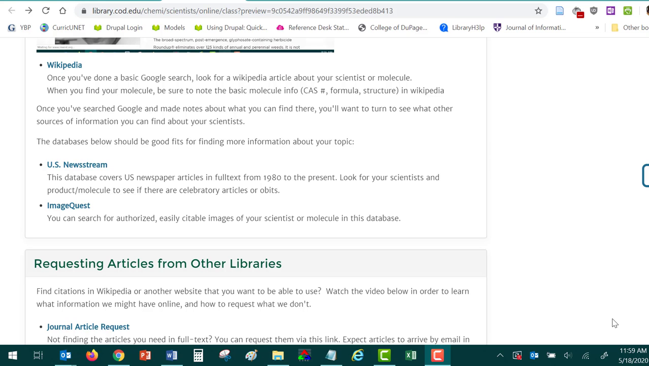Our next video will cover looking at US Newsstream and ImageQuest to see what kind of sources they can provide for your work. The first thing you're going to want to do is click on US Newsstream from the library